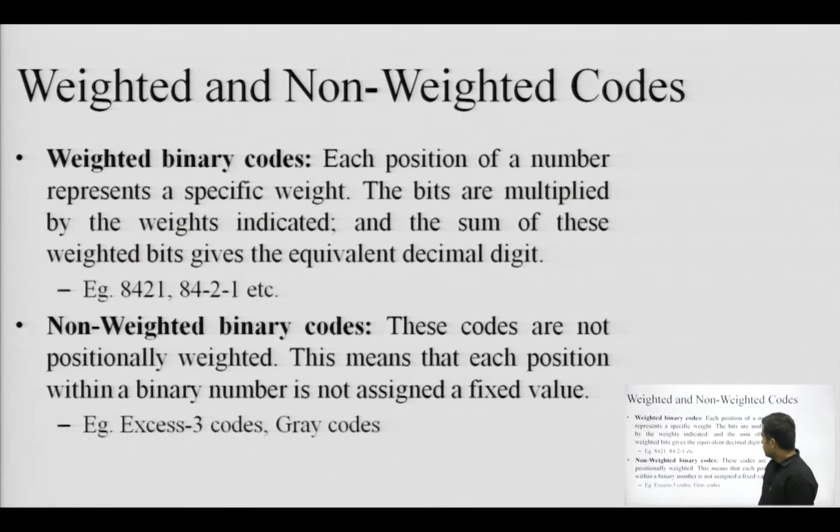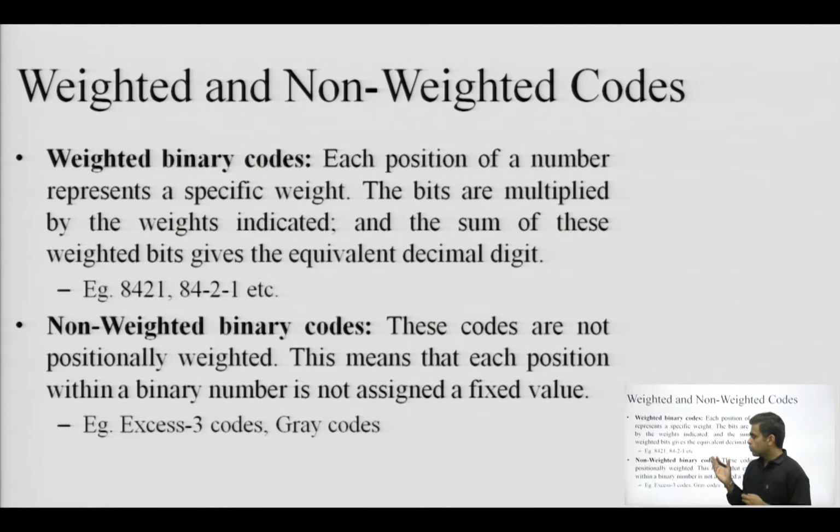So, weighted and non-weighted codes. In our previous lecture we covered the number system based codes, in which we covered decimal, octal and hexadecimal. All those number systems had a specific base. Base means they were associated with some radix, that is, the number of symbols offered by a number system is known as the base. But in this case, all these codes belong to a single category of binary codes. That means we will only have 1s and 0s, but these 1s and 0s will follow some pattern in which they are obtained from binary.